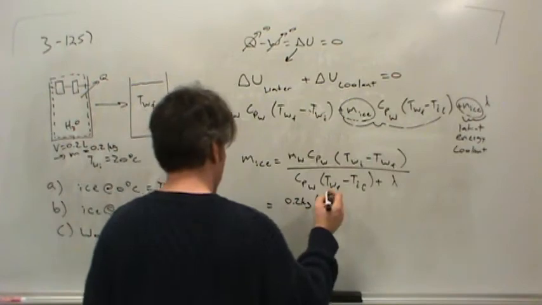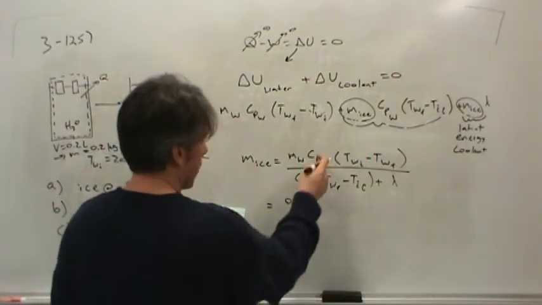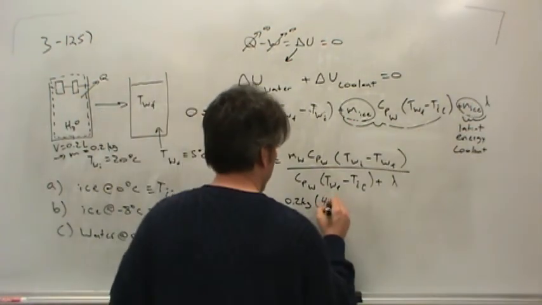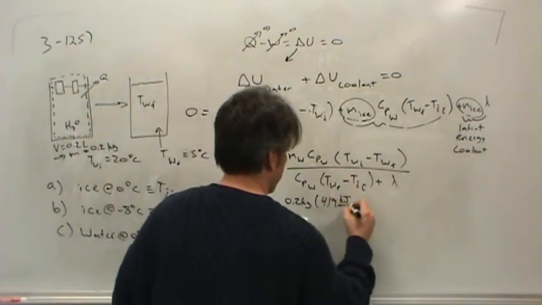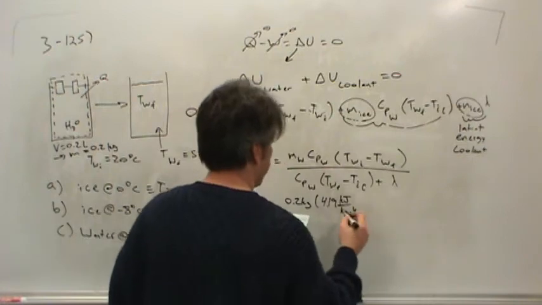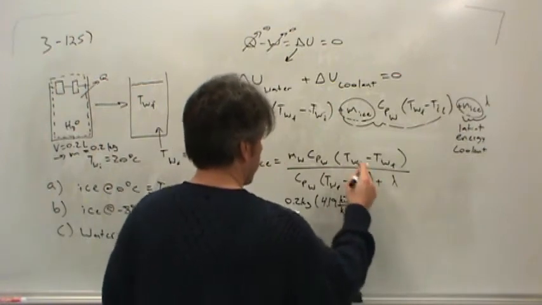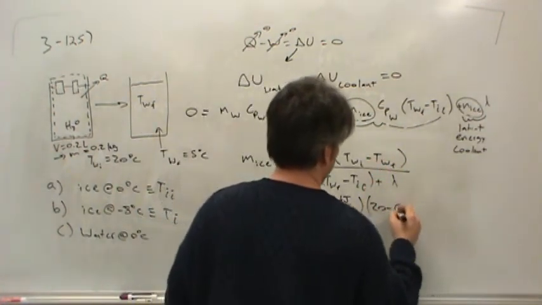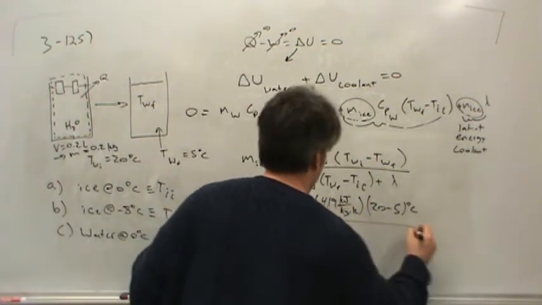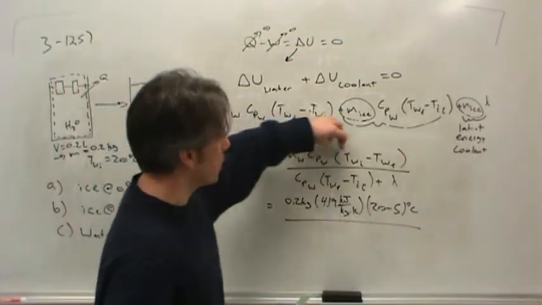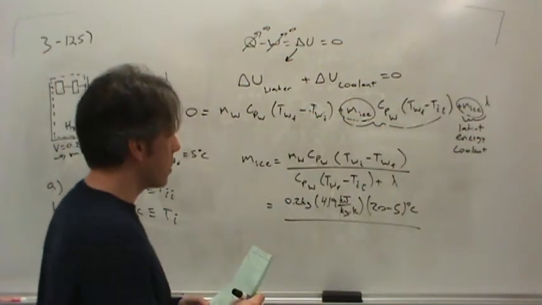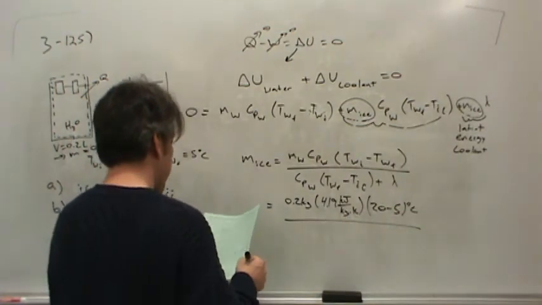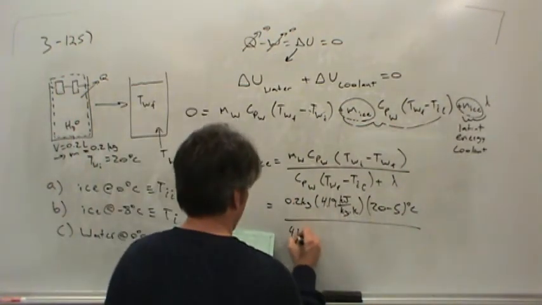The heat capacity of water, let's see, it would almost cancel out except we don't have it here. So I'll go ahead and plug it in: 4.19 kilojoules per kilogram per Kelvin, times the initial temperature of the water, 20 degrees, less the final temperature of the water, 5 degrees Celsius. Now notice this, what's in the numerator is just talking about the drink and how the drink changes its energy, it loses energy. Okay, so divided by the heat capacity of water, 4.19,